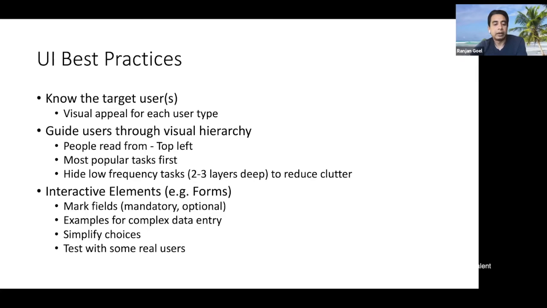Okay. Then the other big aspect of the site is usually the interactive elements, like forms, where you have to ask for certain information from your user, they fill in that information, and then you present additional tasks or additional capabilities to them based on those interactive elements. So whenever you design these elements, the first thing is to make sure there may be different fields you're asking for